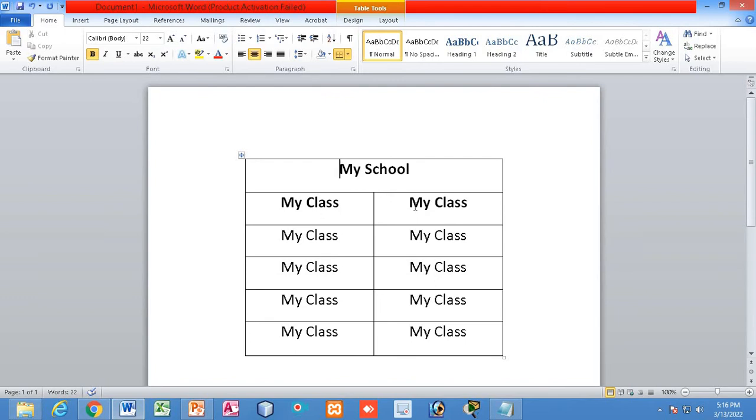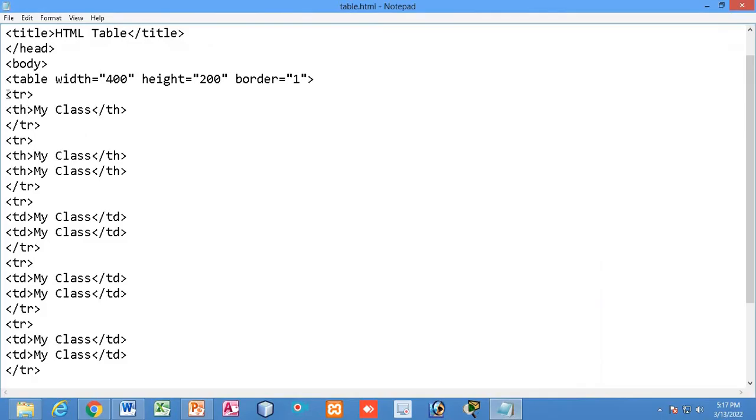Can you see in all the 5 rows below this heading row there are two cells, right? But in the first cell what we have done, there is a single cell, but this single cell occupied the width of two cells, right? Same thing we are going to do here. See, in this row we have only one table heading, that is one cell, and I will do one thing. I will write here col